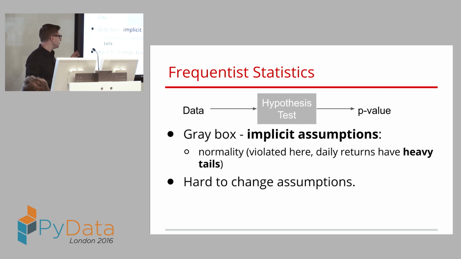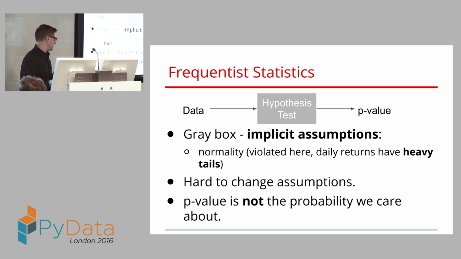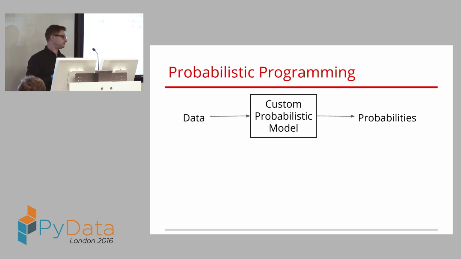You might change them, but that requires rederiving all that math. And finally, the p-value: often people assume that it's the probability that those two samples come from a different distribution, but that is actually completely wrong. It's a different probability, but people treat it as that, so there's a lot of misunderstanding where people have the wrong intuition about this type of test.